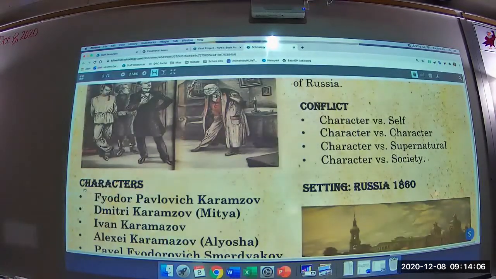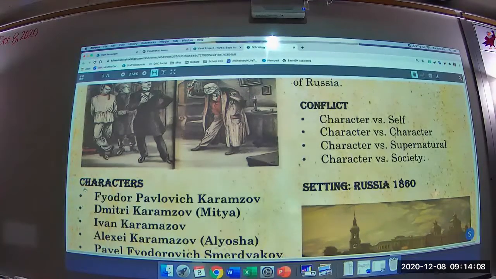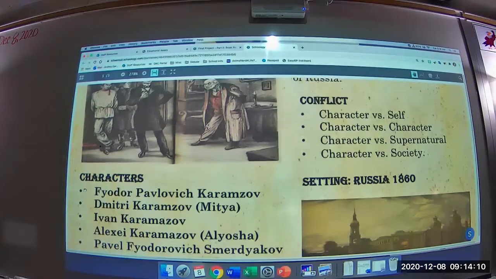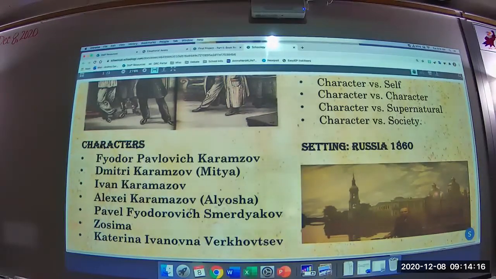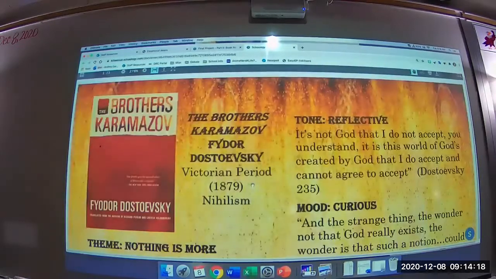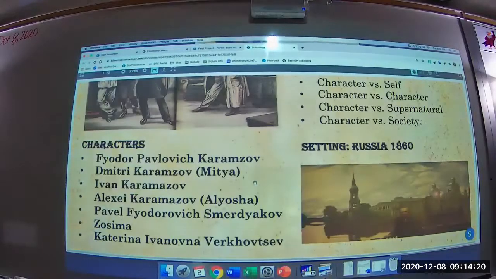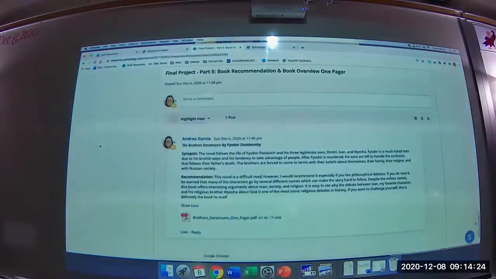The conflict: character versus self, character versus character, character versus supernatural, character versus society. Setting is Russia in 1860. These are the main characters. And that's it. And then I have my images, okay? Not too hard. Now, I do recommend, before you attach it,